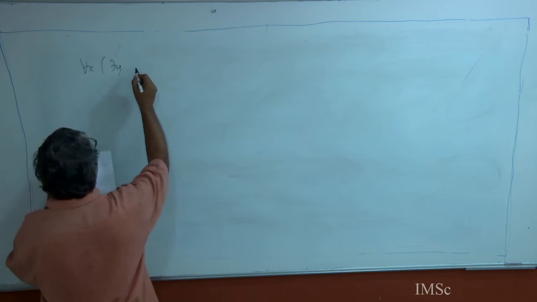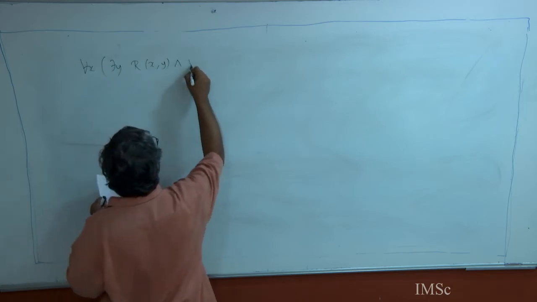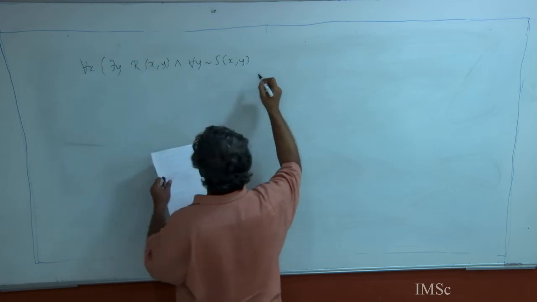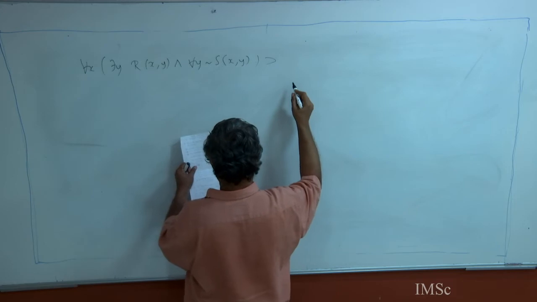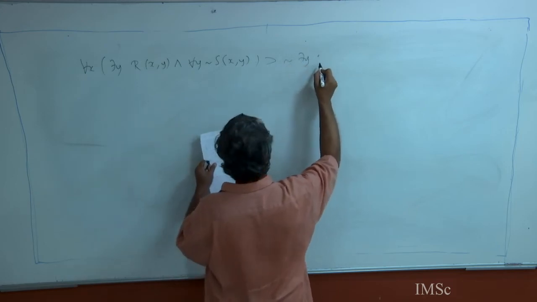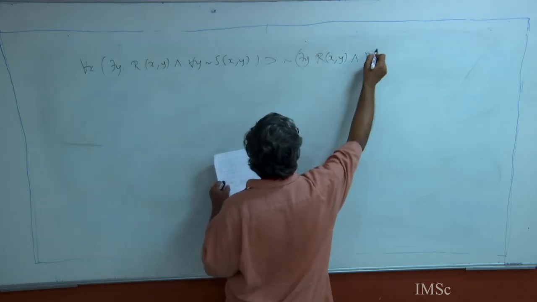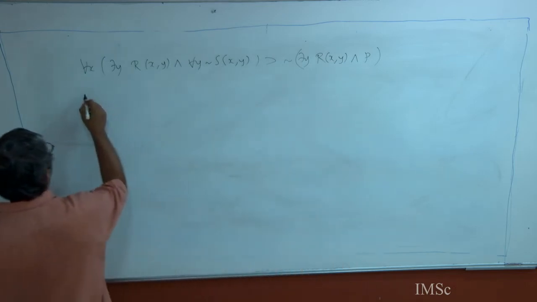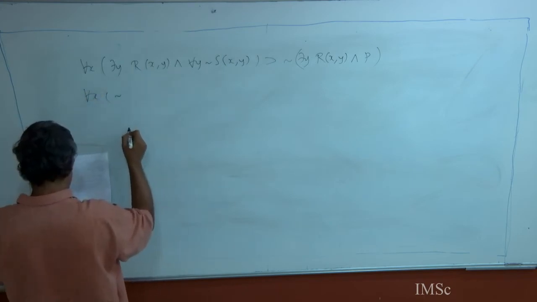Just some cooked up thing. So first thing is to remove the implication, rewrite it as not of this, not of which will be